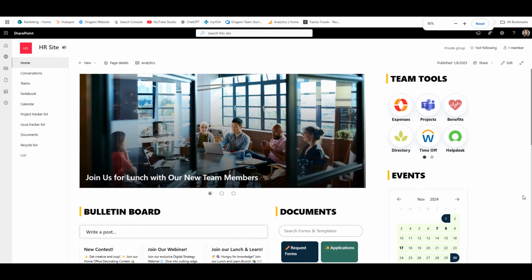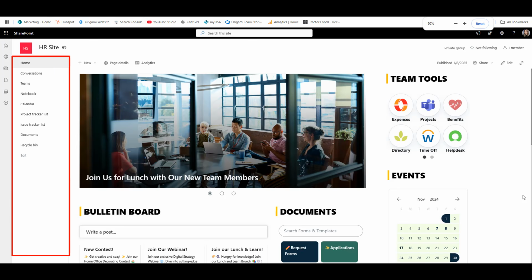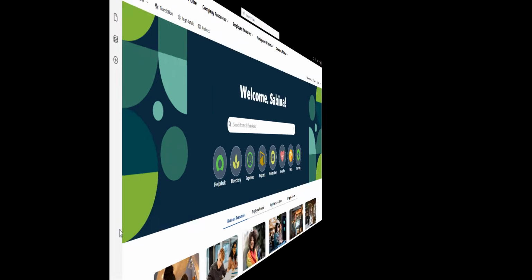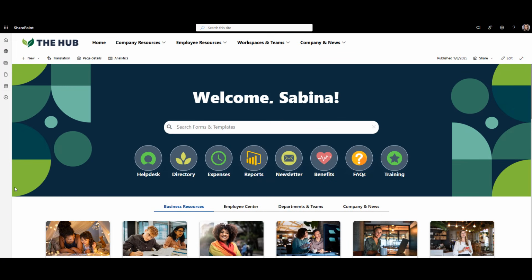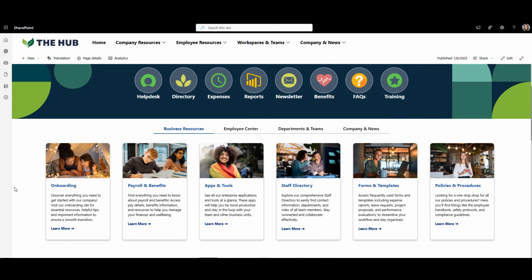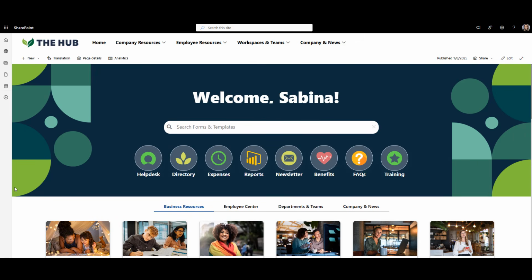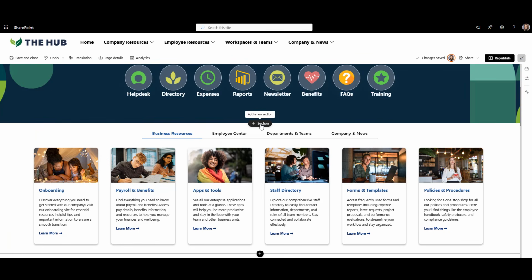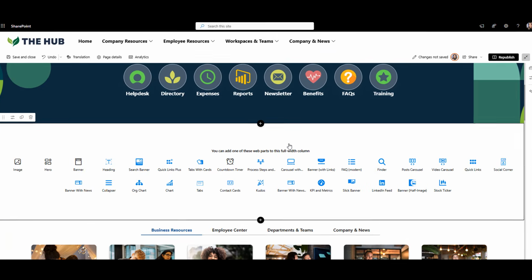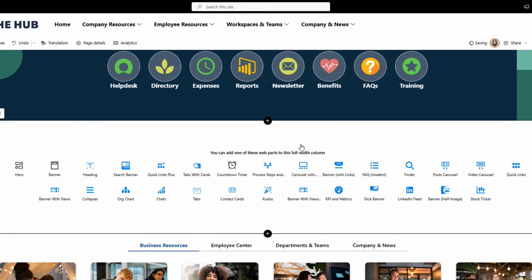For example, see how this team site has this clunky left-hand navigation getting in the way, and the right side of the screen is just empty wasted space? Now, if we use the same screen resolution and open a communication site, it looks so much better. It makes full use of your screen space and gives your site a clean and polished look. This is possible because communication sites offer more options for full-width web parts, which brings me to our tip number